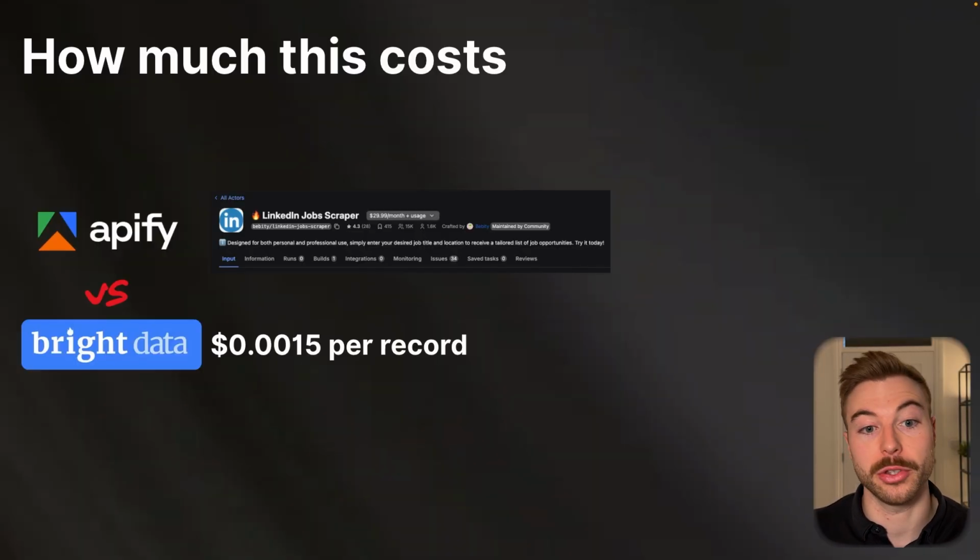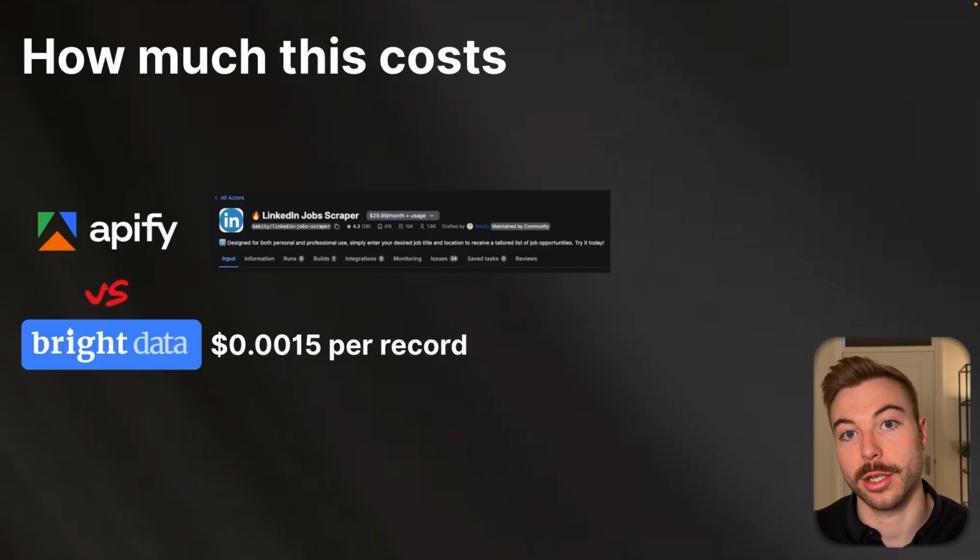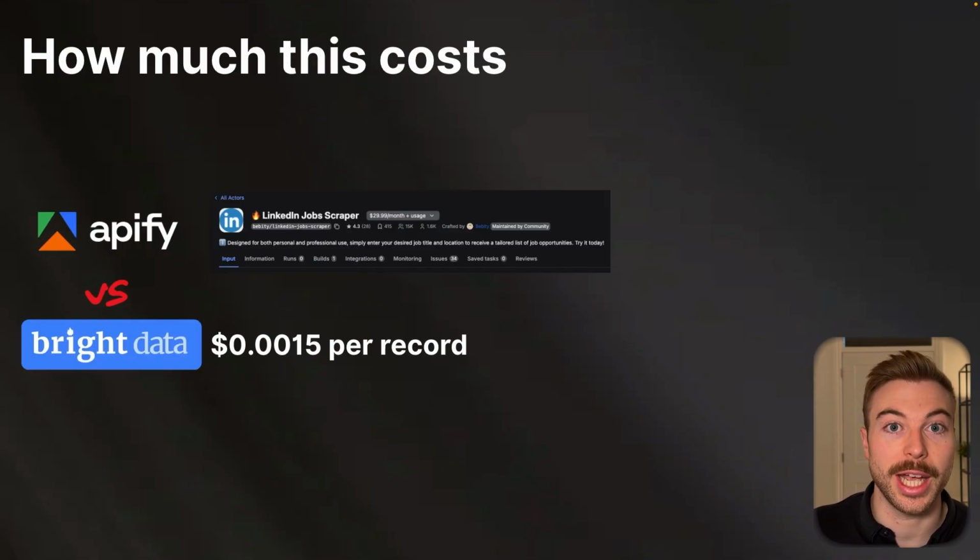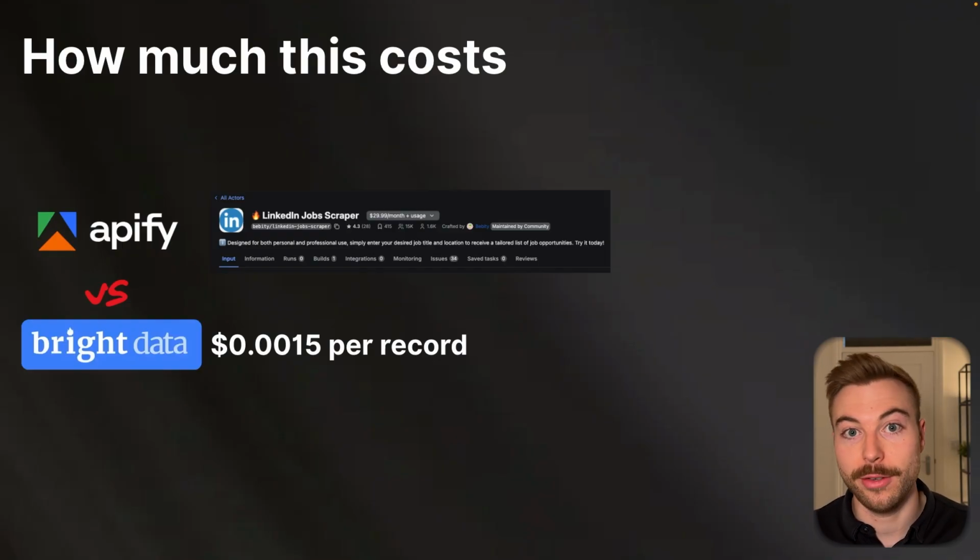Now, why using BrightData is much better is because, for example, if we compare it to that Apify monthly subscription, which is the most popular one, you're going to have to pay $29.99 per month just to be able to use the actor. That's on top of the $40 you're already going to be paying to be able to use Apify. So by just using that cost of $30 per month to be able to run that actor, because we don't pay for the monthly charge with BrightData, it's only going to cost us